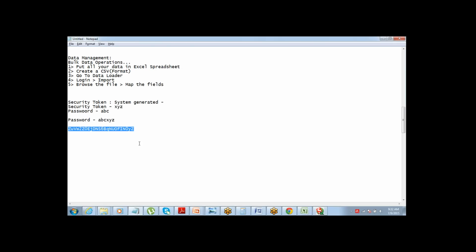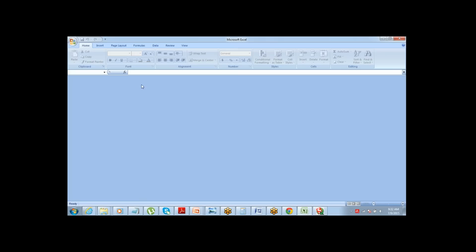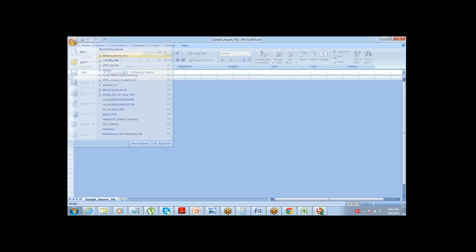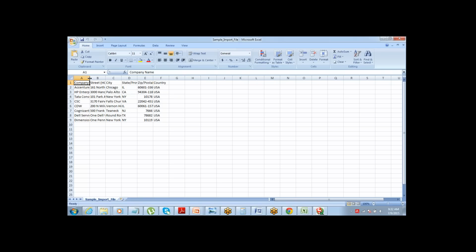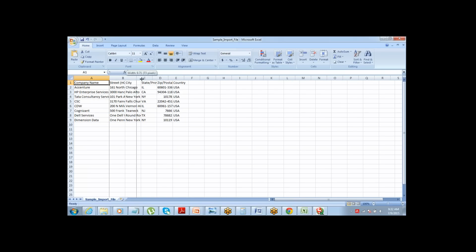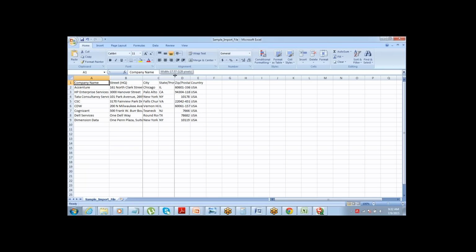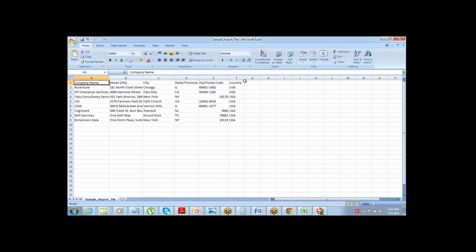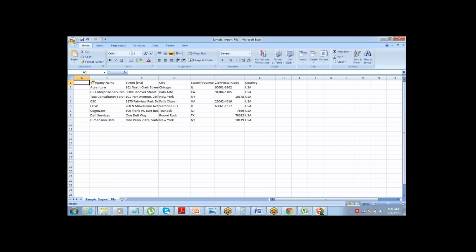Now if you go back and look into the file that you just created, how many columns did this file have? 1, 2, 3, 4, 5 and 6, right? Now when you insert the data into Salesforce, every record which is inserted by default gets an ID.